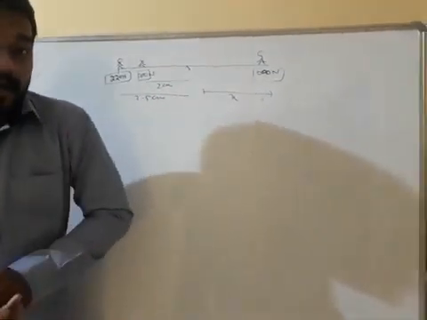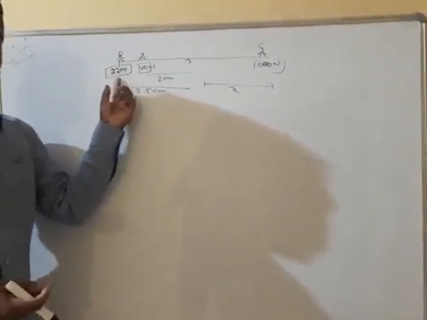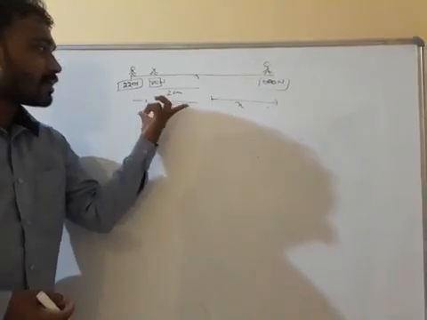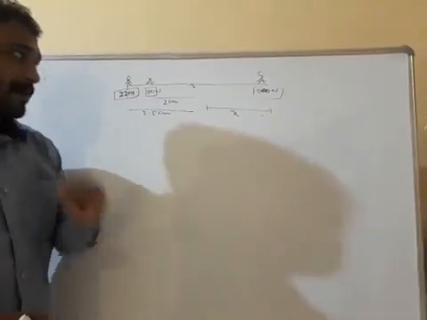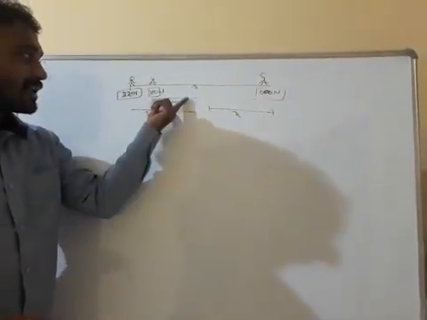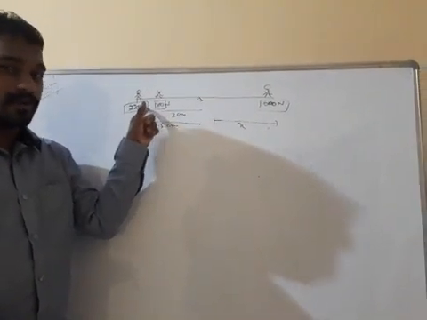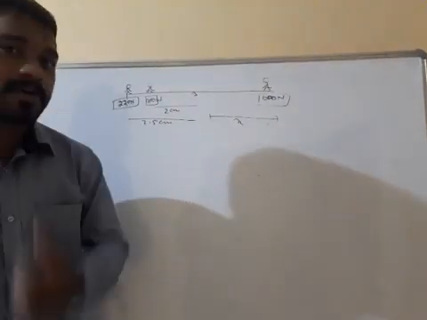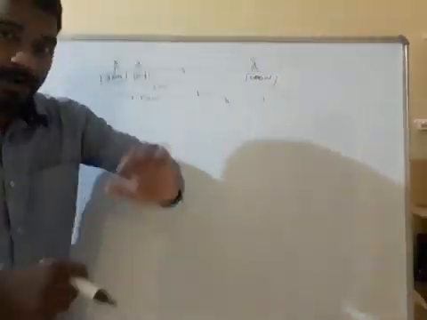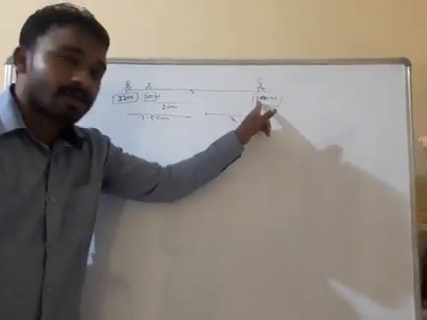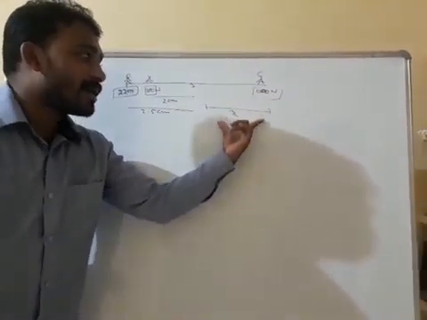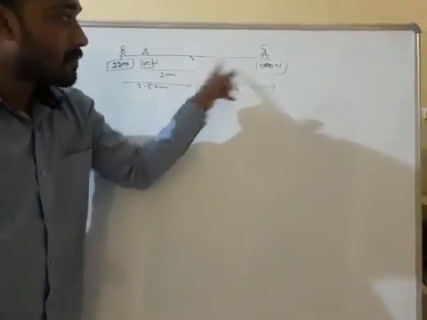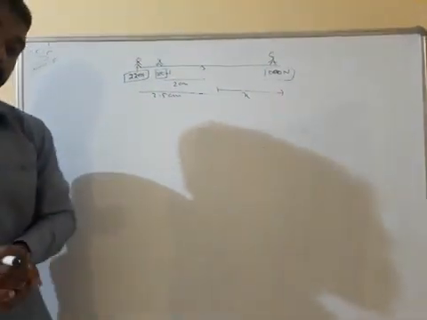In this example, one boy is sitting. The weight of the boy is 220 Newton, 2.5 centimeter from the pivot point. Another boy is sitting who is having how much? 200 Newton weight at a distance of 2 centimeter from the what? Pivot point. Another person is sitting, one fat person, whose weight is 600 Newton. Question asked: at how much distance from the pivoted point is the person sitting?